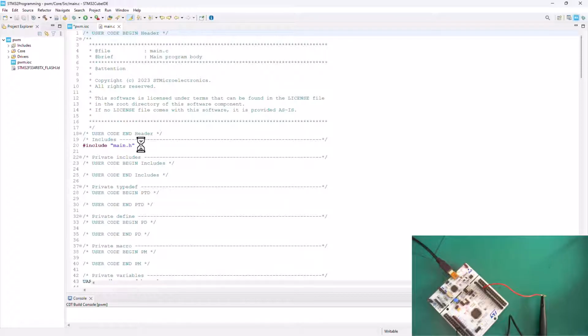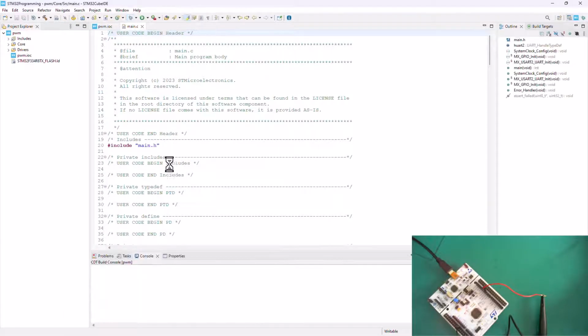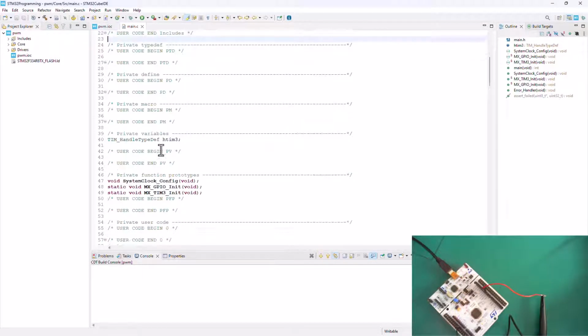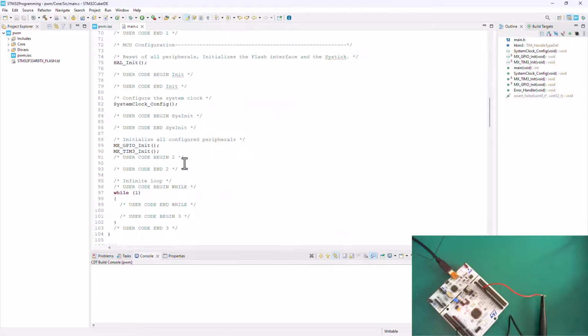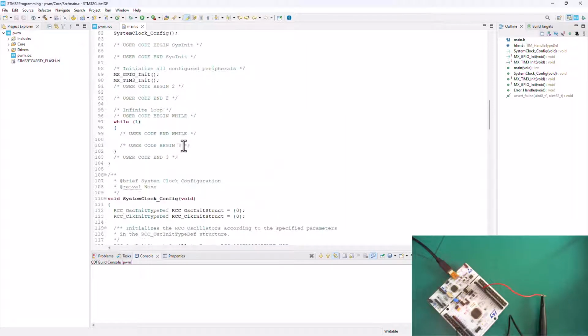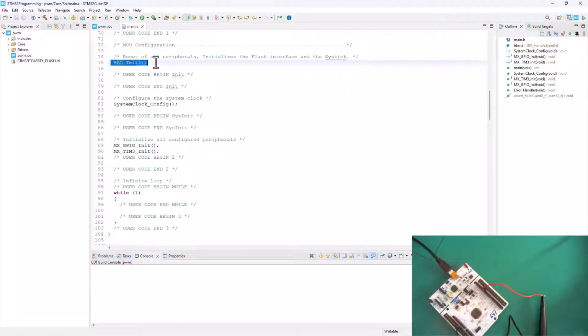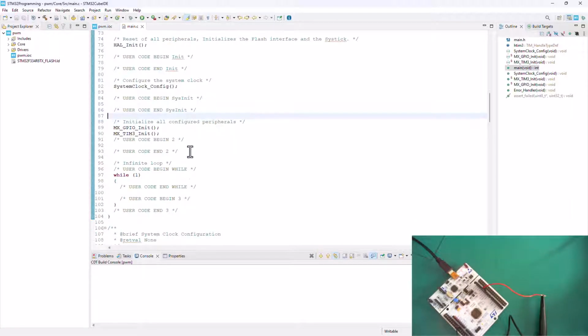Let's go ahead. Okay, we are already into the main function. The code is done updating. We're already in the main.c here. Now we can see our function prototypes. The function prototypes relate to this configuration. So inside the main function here, we've got the HAL initialization of the HAL library, system clock configuration based on what we just